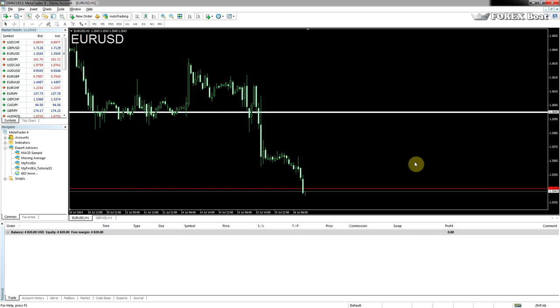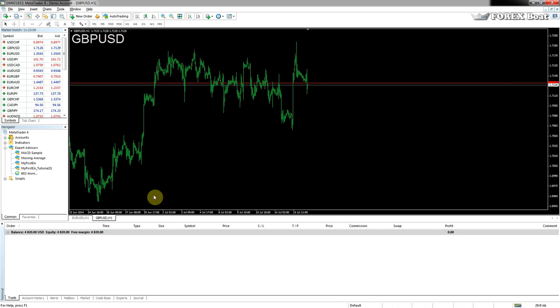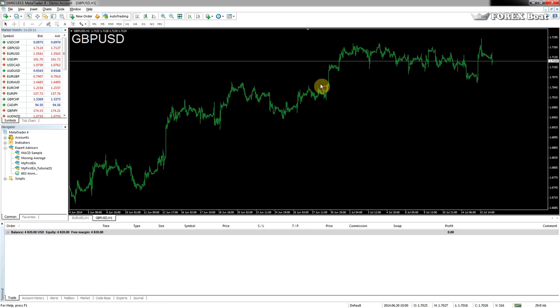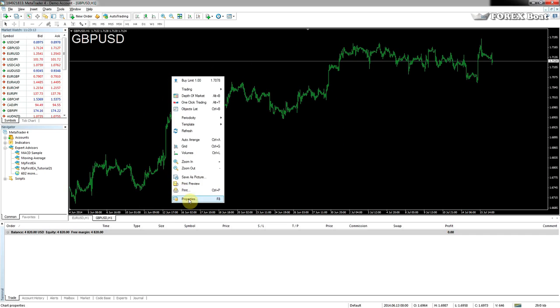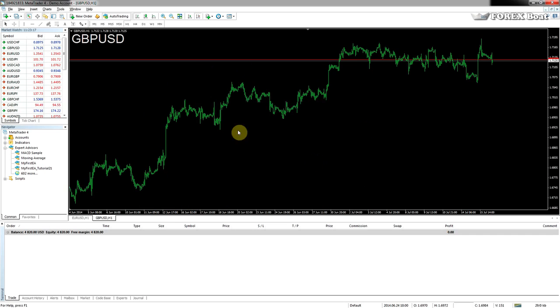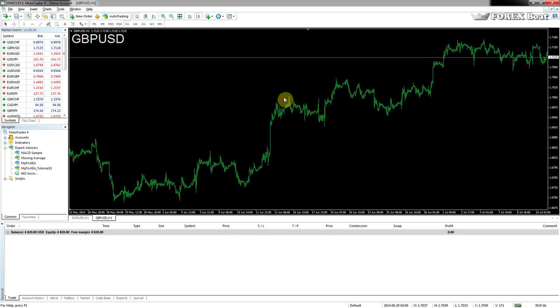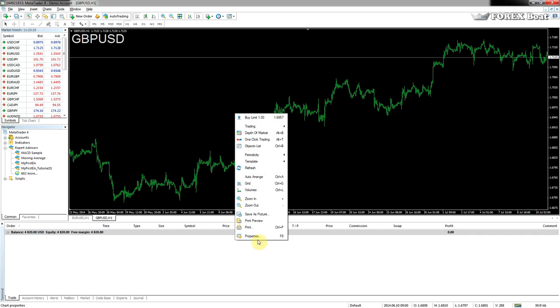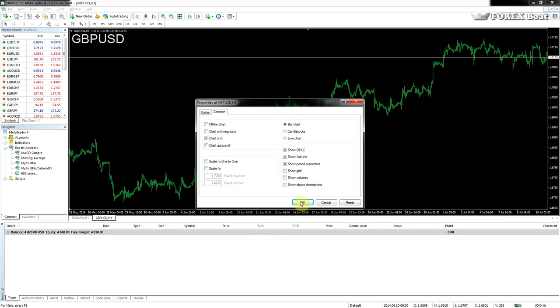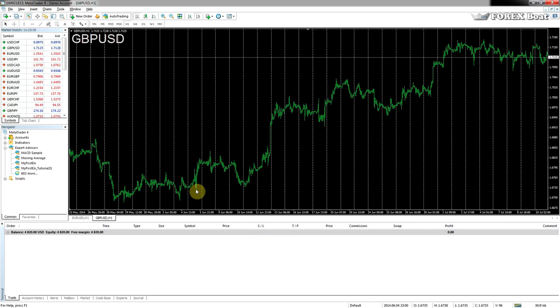We'll have a look at another example, so it's not limited to that. Let's, for example, look at the British pound dollar chart for a change. I'll just switch that off, and as you're looking at the chart, you can't really tell if there is any time related correlation or time dependencies here. But if we switch on the period separators, every period between two separators should be 24 candles, and because we're on the 1 hour chart, that means that each period is 1 day.